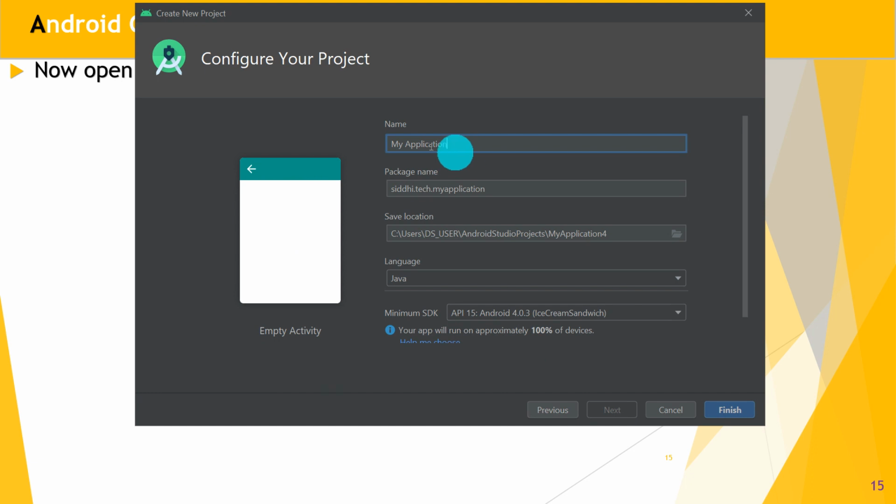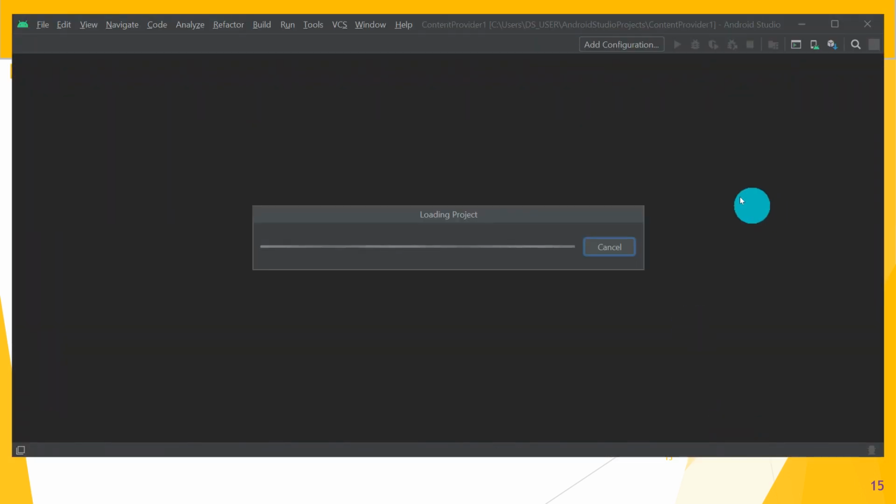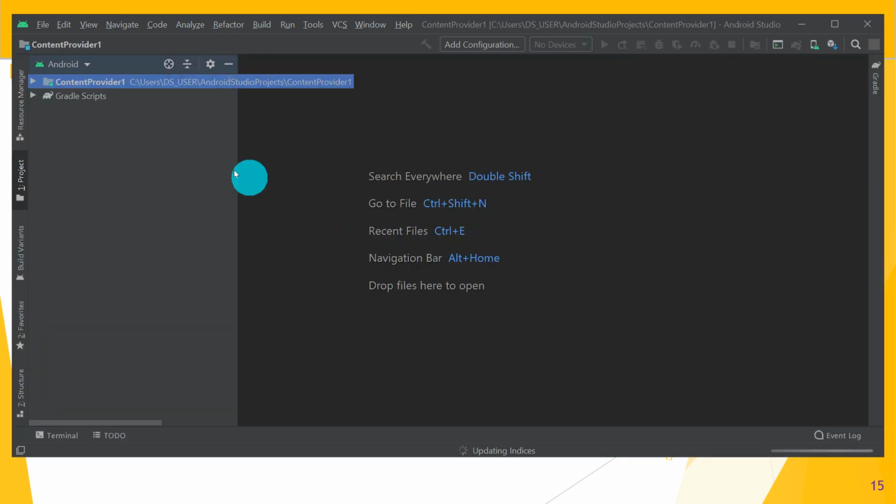Give the name to the project as content provider 1 and click on the finish button. Android Studio creates the new project, content provider 1, for us, and that project is loaded into Android Studio.